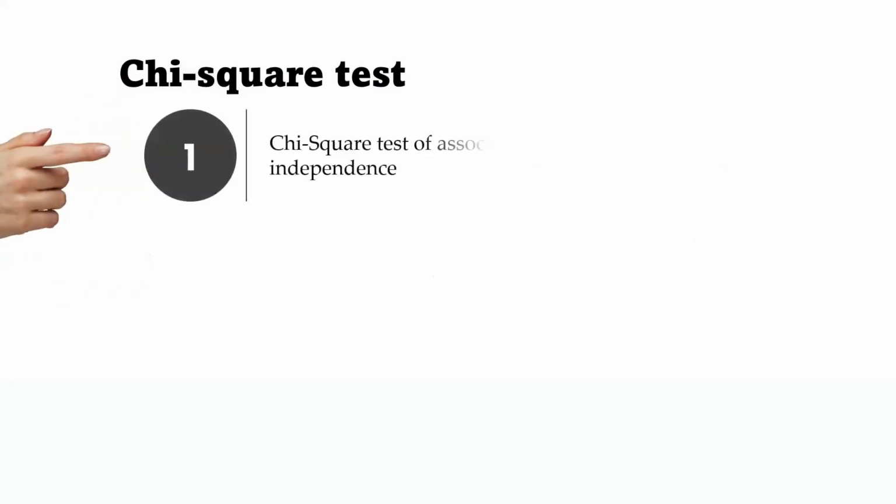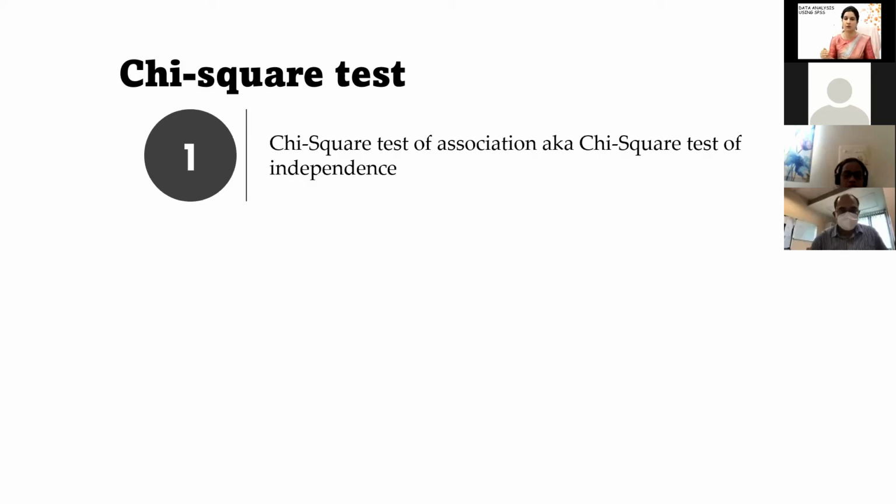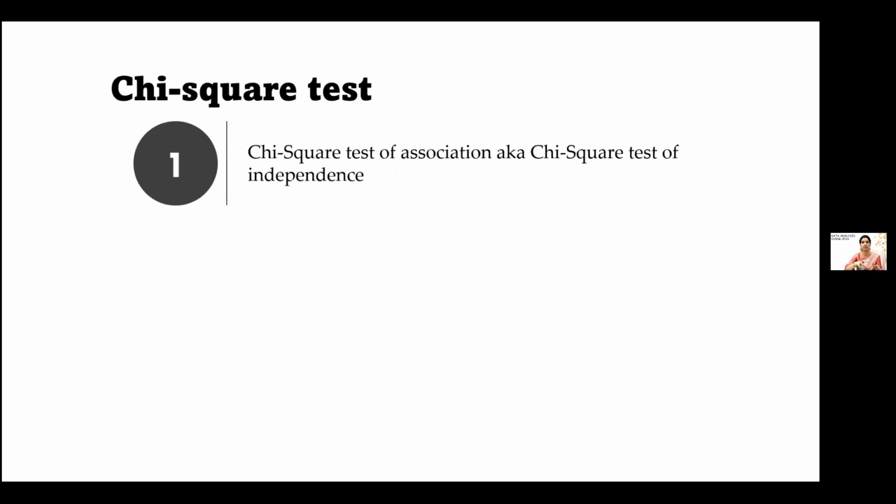So chi-square test, basically, there are many types of chi-square test. Each has been named behind a specific purpose based on the null hypothesis and based on the study design. So I'm not going into the very detailed theory of the chi-square because our basic aim of this workshop is how to put the command, how to understand when to put what type of chi-square command and how to interpret the result, and then how to make it in a tabular form, that is the APA style table, and then write the interpretation.